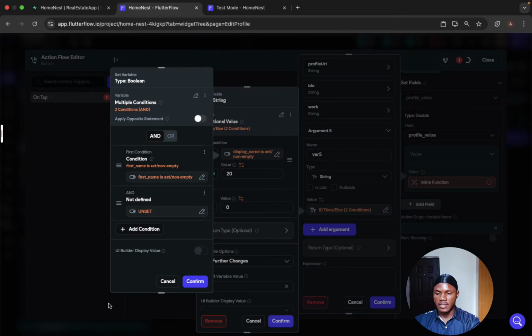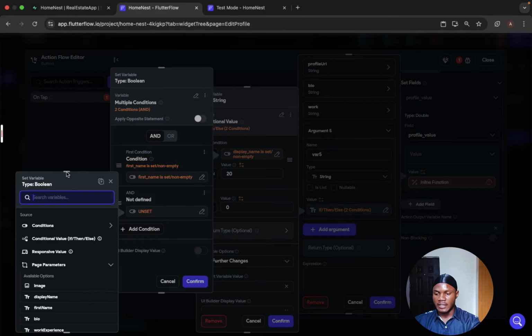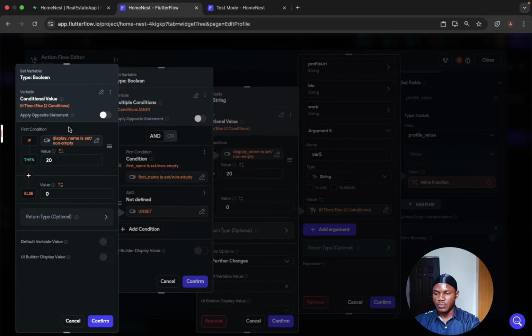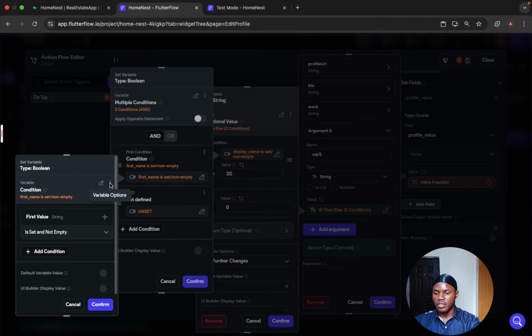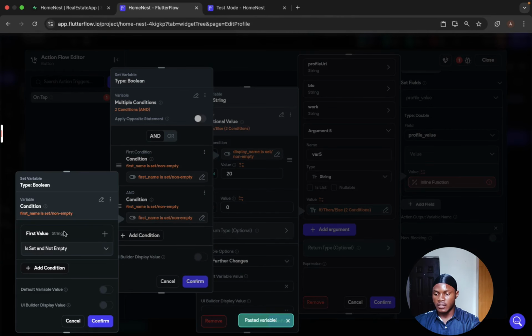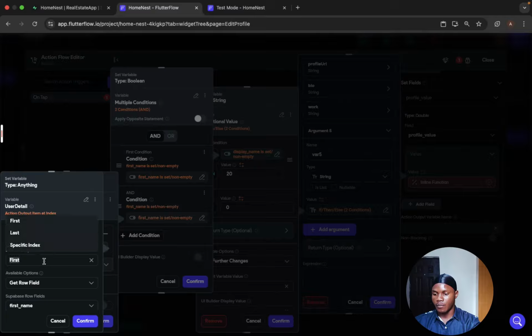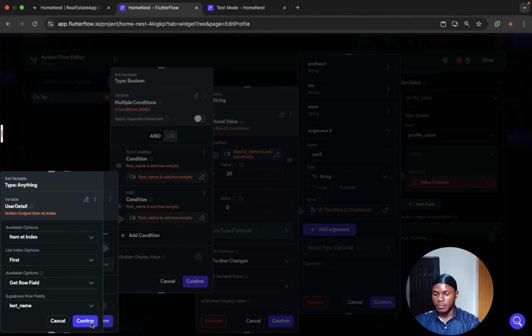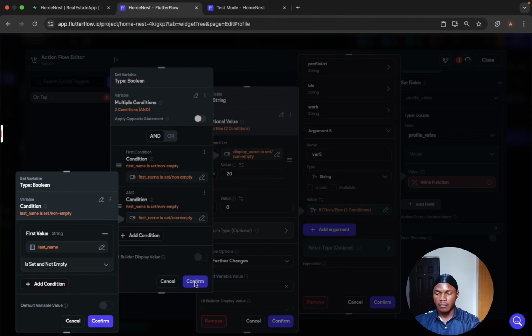If the first name is set and not empty, and I'm going to paste the action here as well below. So I'm going to copy this variable and then paste the variable here and call this last name instead of first name. So I'll call this last name and then confirm